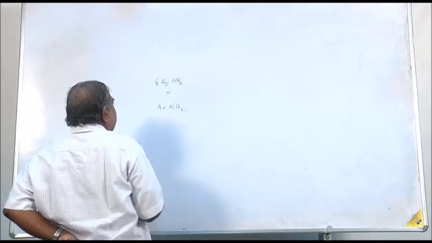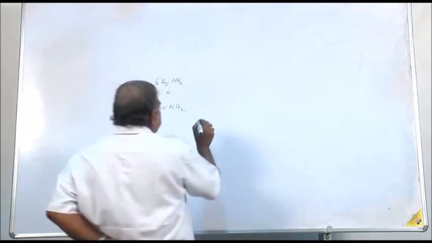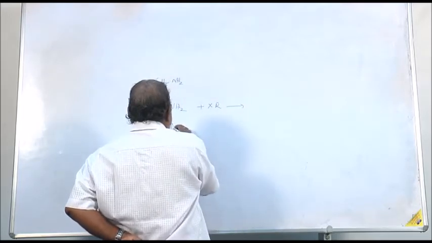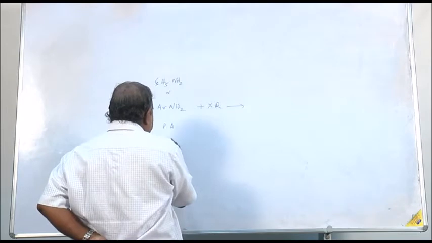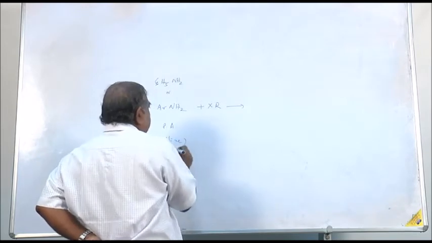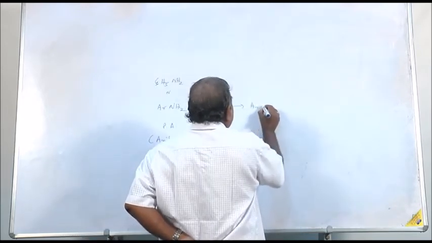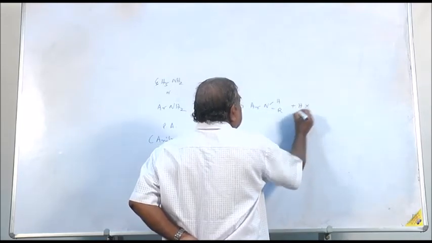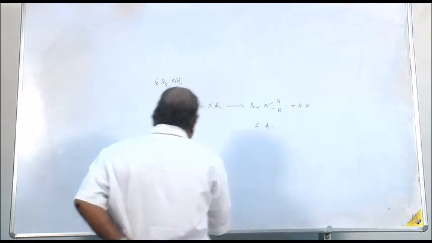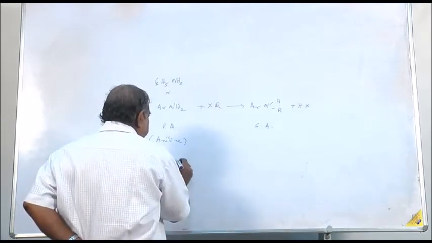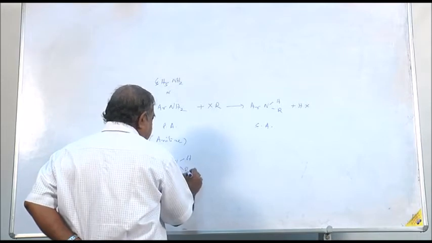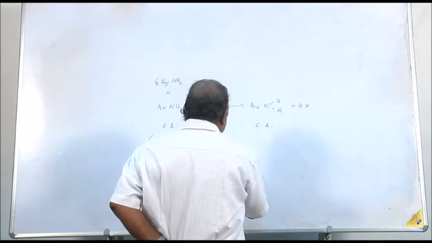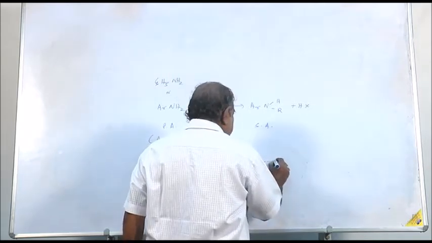AR stands for aromatic nucleus, or C6H5. When treated with alkyl halide, this is your primary amine. Aniline is a primary amine. So you will get a secondary amine. This is your secondary amine. Again, secondary amine will react with another molecule of alkyl halide, when you will get the tertiary amine